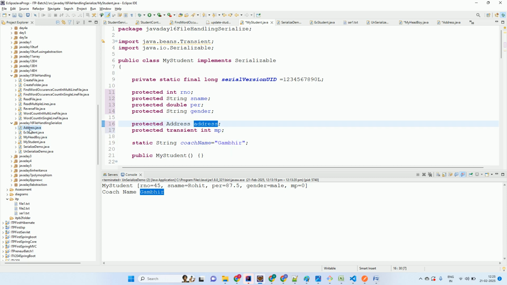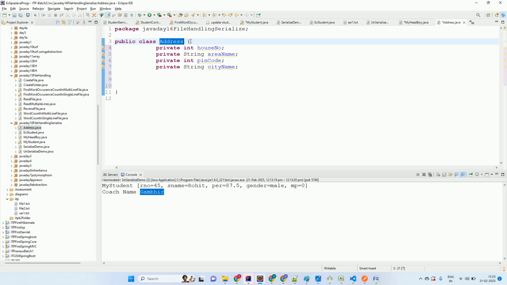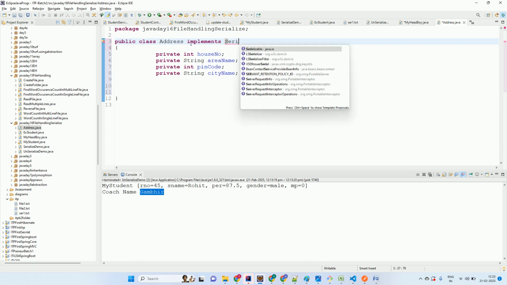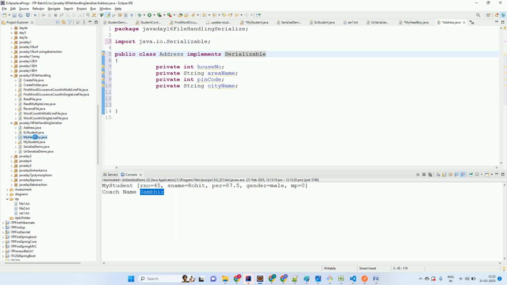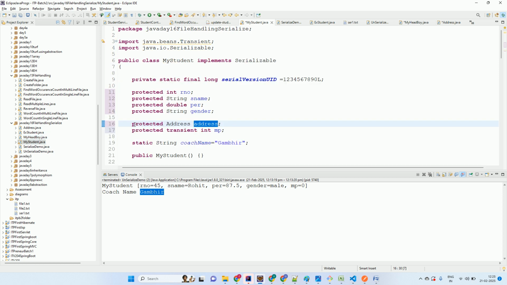तो अगर आप हैज अ रिलेशनशिप लगा रहे हो तो जो भी क्लास आप हैज अ लगाने वाले हो उसने भी क्या करना चाहिए? वरना वो माई स्टूडेंट को सीरियलाइज नहीं करने देगा। कंपलसरी सीरियलाइज करना चाहिए, इंप्लीमेंट सीरियलाइजेबल, वरना वो माई स्टूडेंट को भी सीरियलाइज नहीं करेगा। ठीक है। तो हैज अ और इज अ में अगर पेरेंट क्लास ने कर दिया है, चाइल्ड को करने की जरूरत नहीं है। और हैज अ में जो भी क्लास आपको चाहिए उसने भी अलग से इंप्लीमेंट सीरियलाइजेबल बोलना चाहिए। अब ये सब चीजें मैंने इस डॉक्यूमेंट में जमा कर दी है।